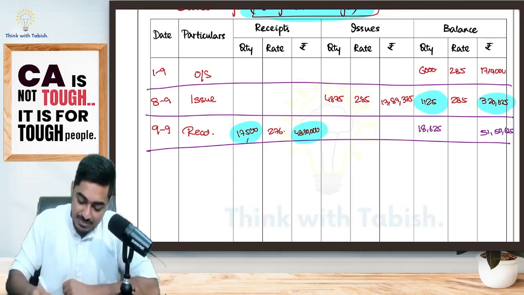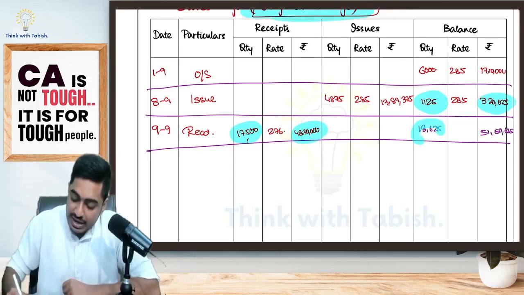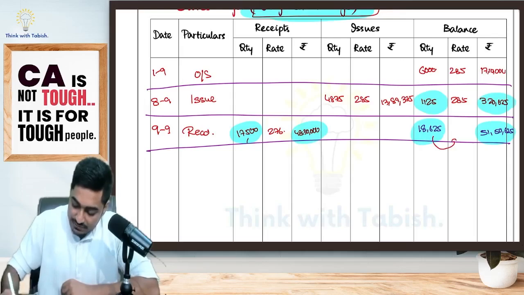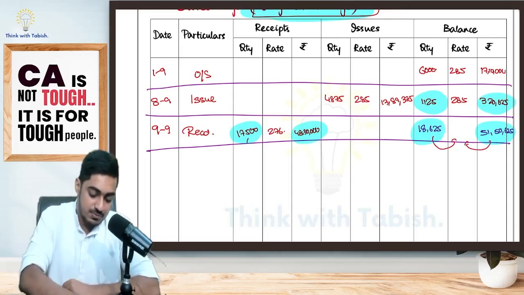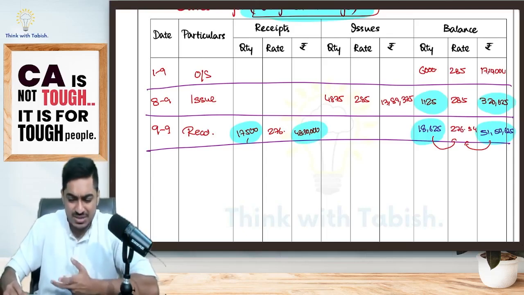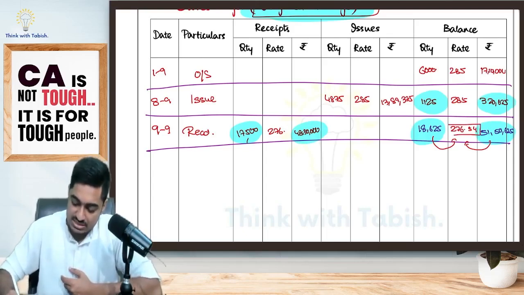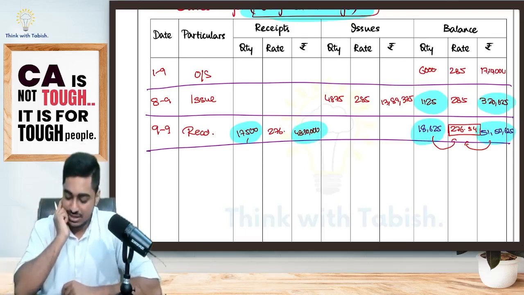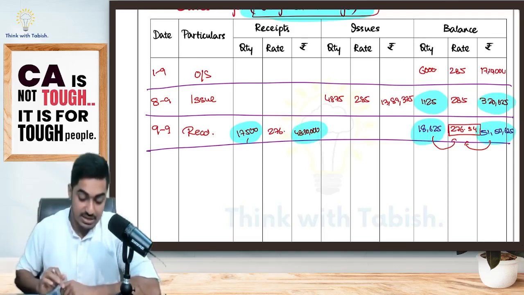Okay, boss. That means totally 18,625 units are there. For that I have totally paid 51,50,625. That means what is my weighted average cost per unit? 51,50,625 is for 18,625 units. That means per unit it is 276.54. Is this clear? I'll be taking till 2 decimal digits only, sufficient for us. Is this clear, everyone? From foundation days only we are doing this. Nothing new, nothing great. Shall we continue? Yes, sir. Let us continue.